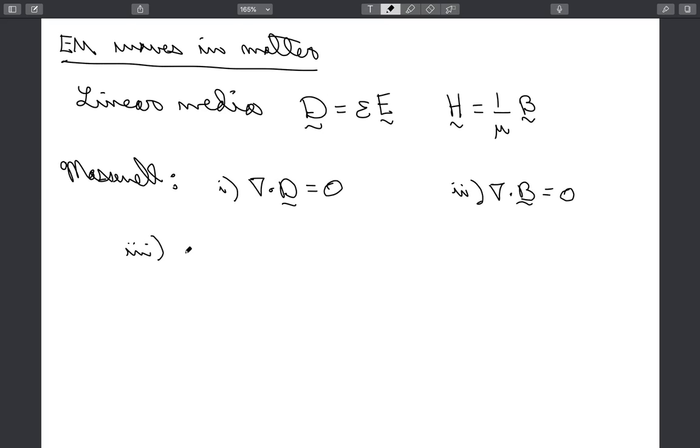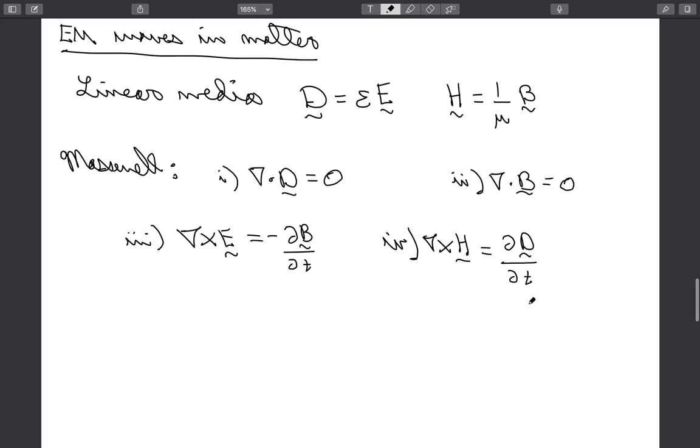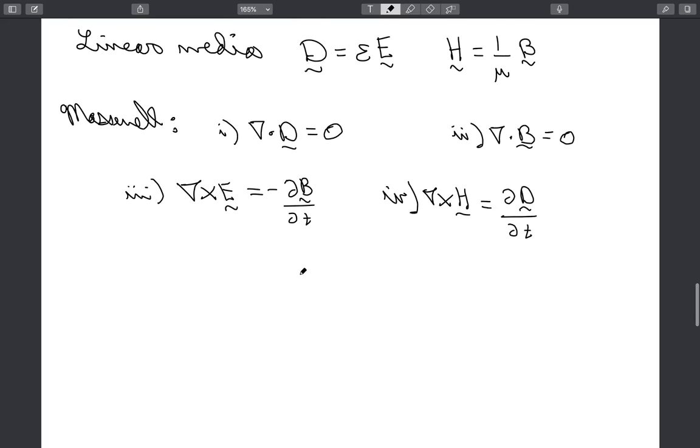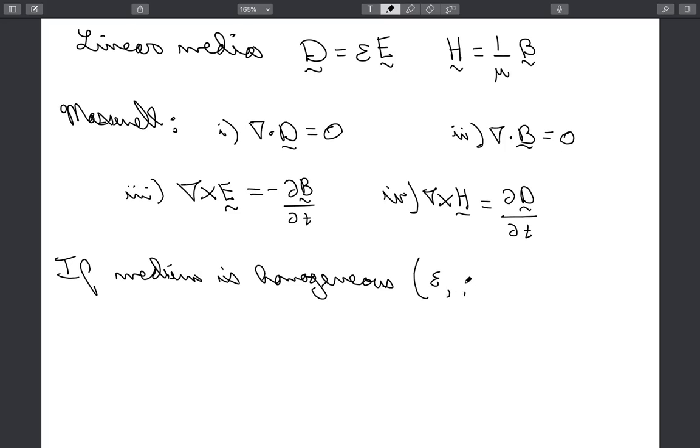Third one, Faraday tells us that the curl of E, and here I can write it on this side, dB dt, so this is unchanged. And now the fourth one, the Ampere-Maxwell: curl of H is equal to the time derivative of D. Okay, so if the medium is homogeneous, by which we just mean that the permittivity and the permeability do not depend on position R,